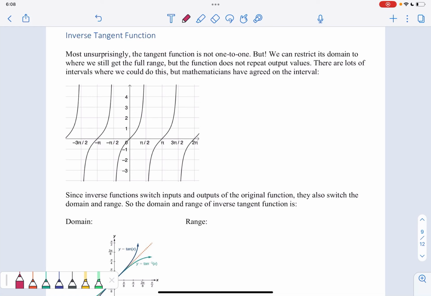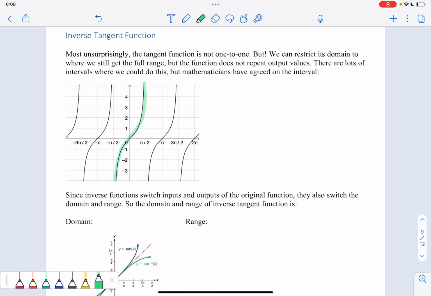Inverse tangent function. Most unsurprisingly, the tangent function is not one-to-one, but we can restrict its domain to where we will still get that full range, but the function does not repeat any output values. And again, there's lots of intervals where we could do this, and it's because this function is periodic, right? It repeats this cycle over and over again, so there's lots of places where we could do this, but mathematicians have agreed on the interval